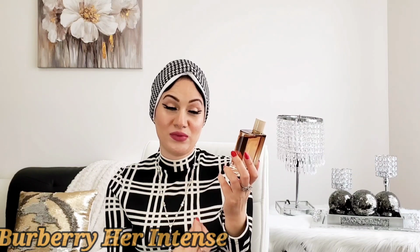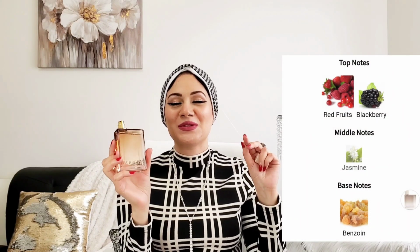So it's very sweet. You have to appreciate very sweet fragrances to love this fragrance, because you guys, here smells very syrupy. The fruits in here, the berries in here smell absolutely divine. When it comes to the dry down,